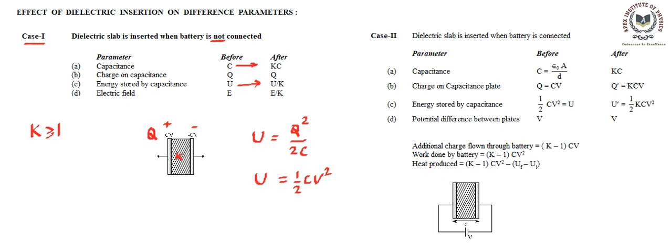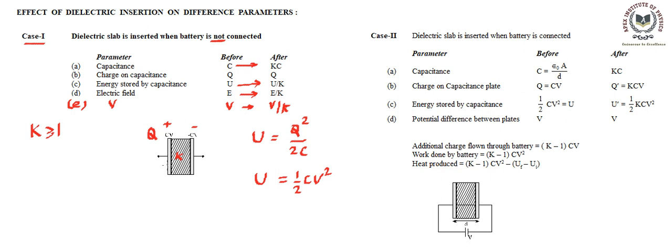Now let's talk about another parameter, which is electric field inside. We have talked about the electric field inside being changed because of the polarization, and you'll find this is E by K. So electric field becomes E by K. Now we can also mention one more quantity called potential. If the initial potential was V, it is going to be V by K. So potential also decreases by K factor, and this is because potential is written as E into D.